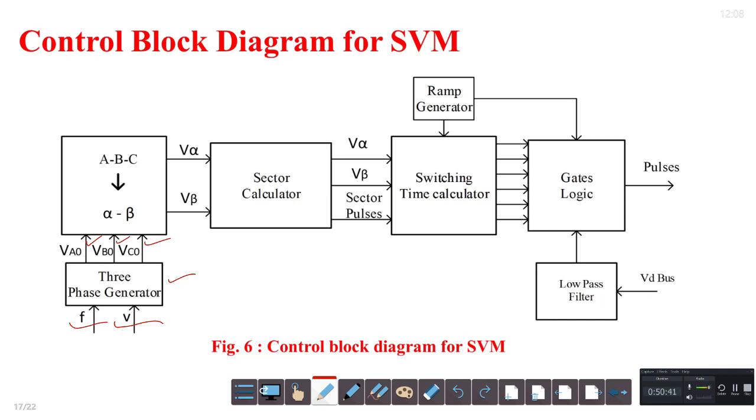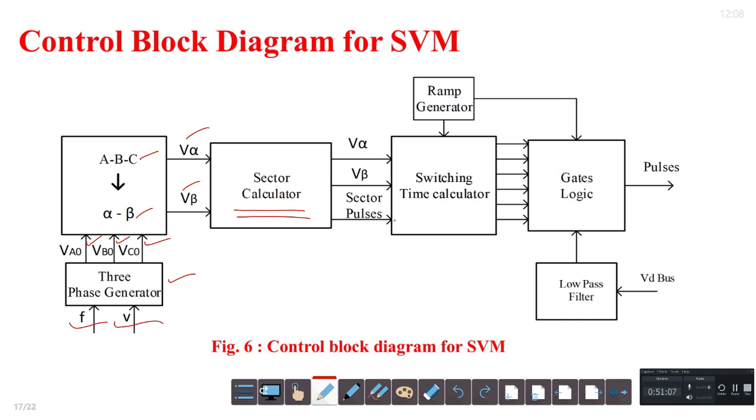Then there is a conversion from ABC to alpha beta, so VABC are converted to V alpha and V beta. From that, the sector is calculated, in which the reference voltage is located, and from that sector location and V alpha, V beta the pulse switching times are calculated based on the equations,